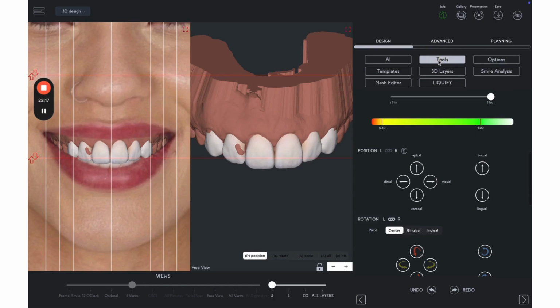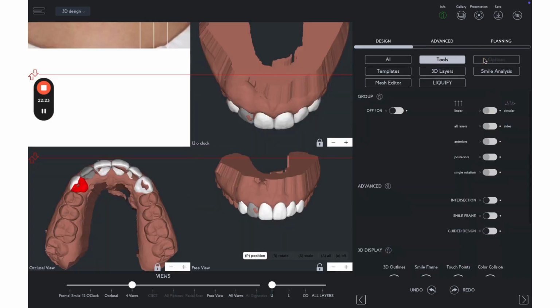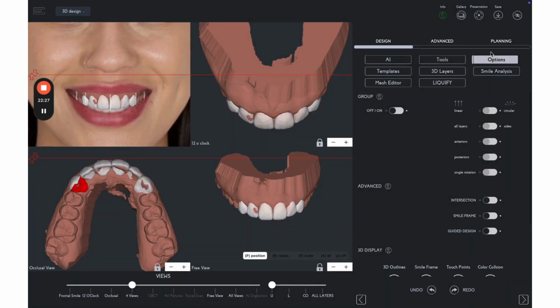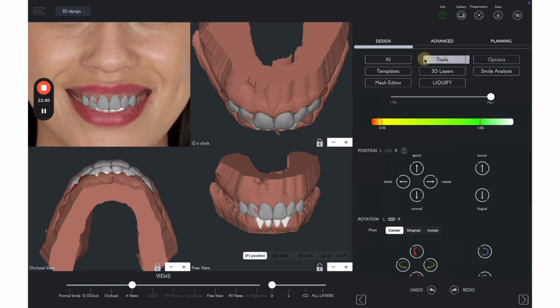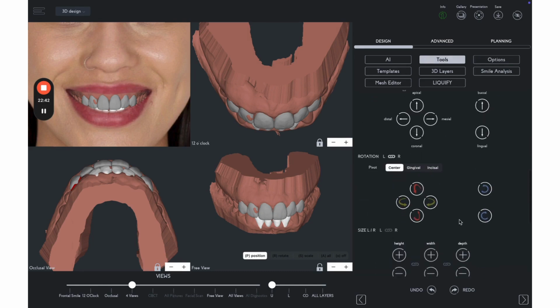And instead of adjusting the rotation one by one for each tooth, you can go to options. So right next to tools, you can go to options, and if you select the group option, if you turn it on, you can now select all the teeth together. And going back to tools, I'm able to now rotate